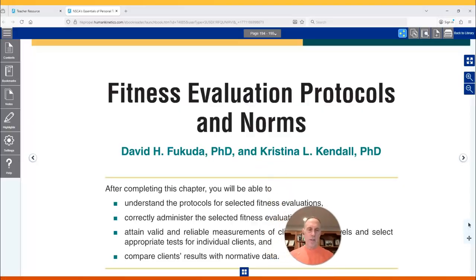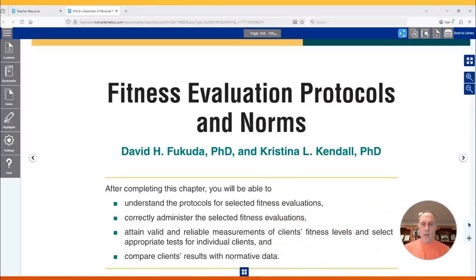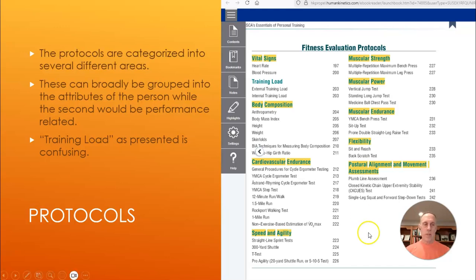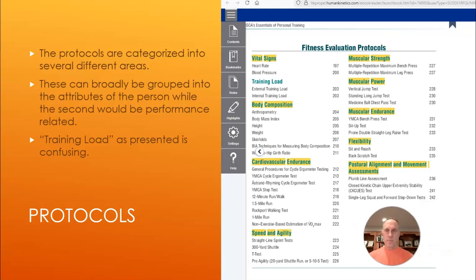These are the main takeaways in terms of what we're looking for. How to correctly administer, understand the protocols, attain valid and reliable measurements for different tests, and compare results with normative data. And I recall there's criterion-based and normative-based, but we're going to compare the results with normative-based. Now, the book itself, when you get into 11, you have this kind of like